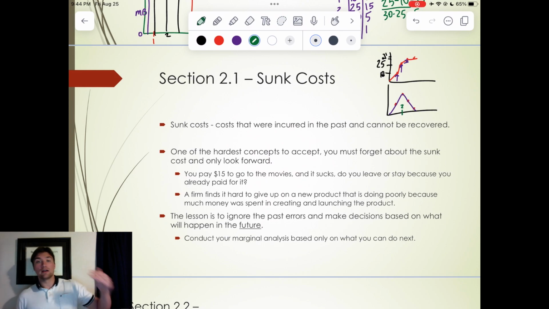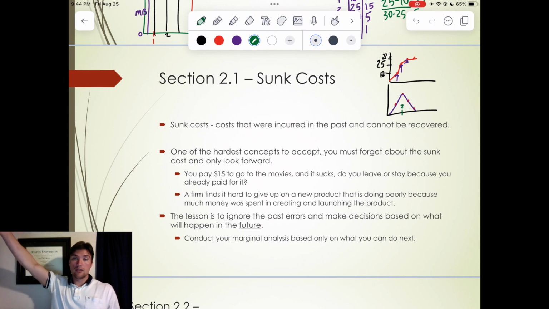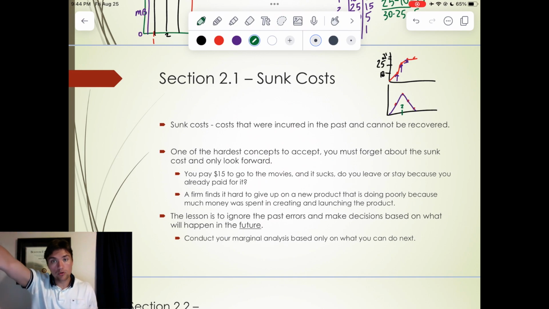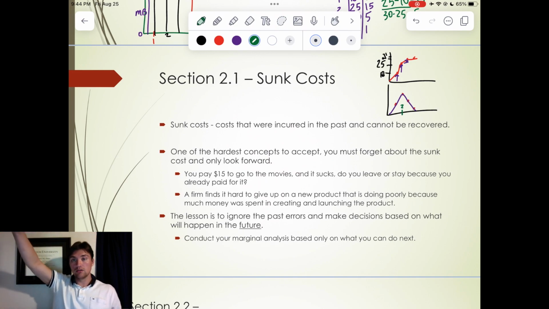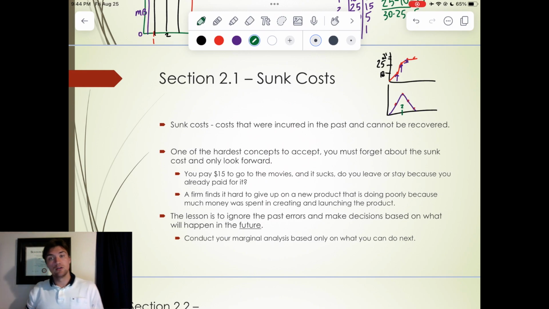I need to think about, what else could I be doing with my time? Could I have a much better time going with my friends somewhere? Could I go to work somewhere and earn money back? Right? Look at how I'm looking forward to other things I could be doing instead of suffering here. Because I'm not going to get my money back. I can only do things forward. Anything I do forward, I'm only going to do because it benefits me more than what I'm doing right now. So it's really hard to understand that in the moment of doing things,